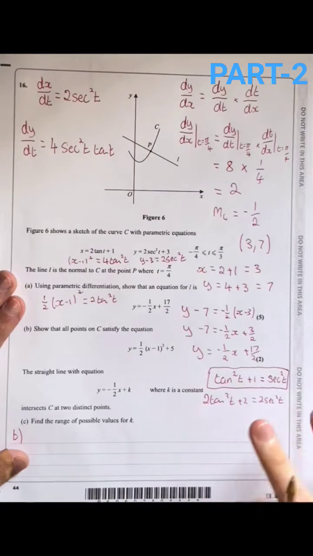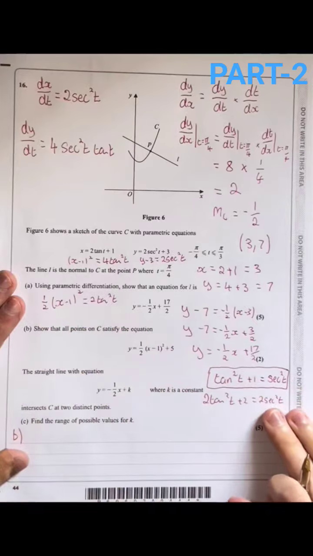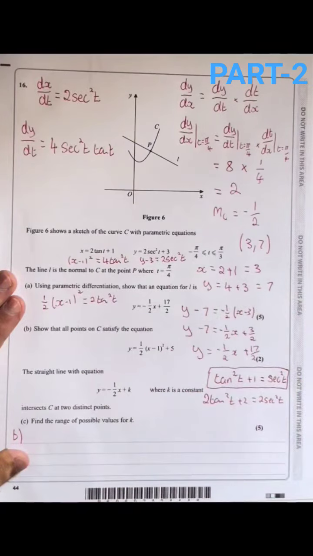And now I can just, again, get rid of my dependence on t by substituting tan squared t for something in terms of x and sec squared t for something in terms of y. And so what do I get? So I have the following. I have